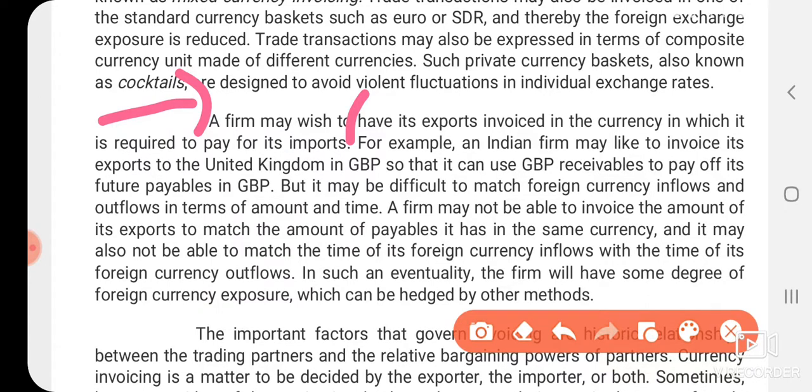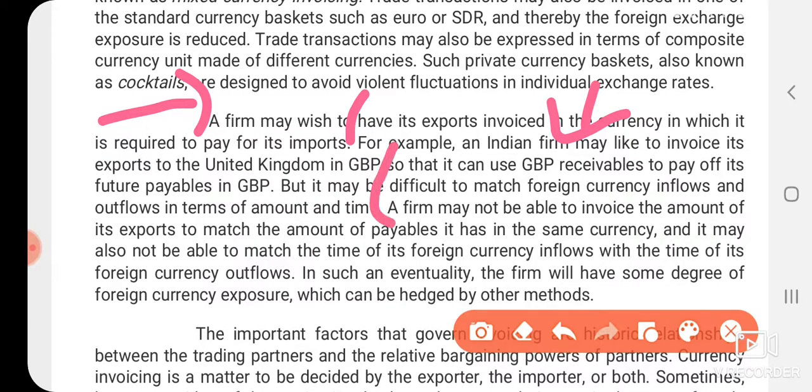What are they doing? An Indian firm, in order to invoice its exports to the United Kingdom in Great Britain pounds, can use the Great Britain pound receivables to settle its future payables in Great Britain pounds. But it may be difficult to match the foreign currency inflows with outflows in terms of amount and time. Why? Because they are using the Great Britain pound receivables and also in order to settle their